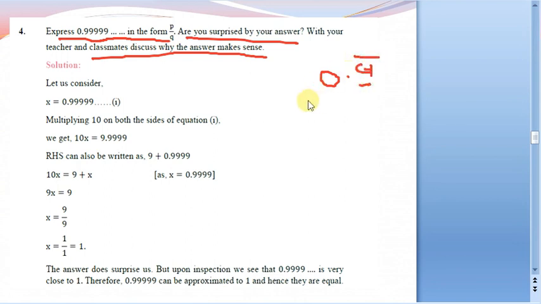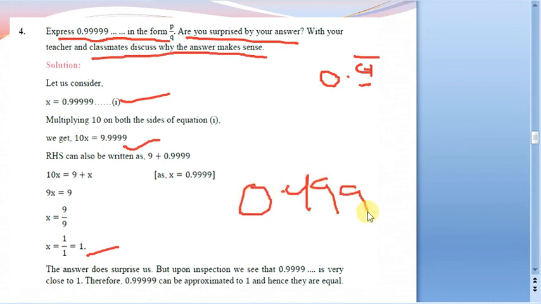So it will take 0.99 as x and you multiply with 10 on both sides. You will be getting 10x is equal to this much, and as we know how we can write it, 10x is equal to, when we get 10x and x, when you subtract it, what you will get is x is equal to 9 by 9, you will get it as 1. But our given answer is 0.9999 and so on, why are you getting 1?